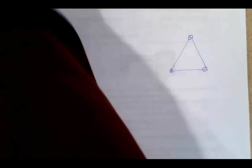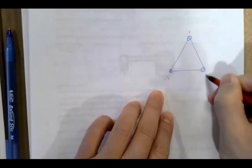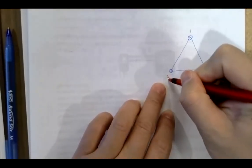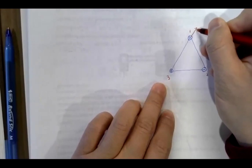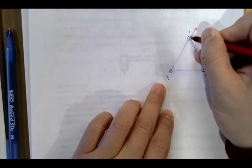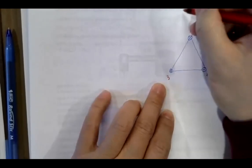So now you have more than two charges, okay? So we'll just examine one by one. On Q1 here, you'll see that by Q3, this is 3, this is 1, this is 2, okay? By charge of 3, positive, positive charges, that means it's going to be in this direction, okay? Now, all these forces by any of these two should be at the same magnitude, because if you look at